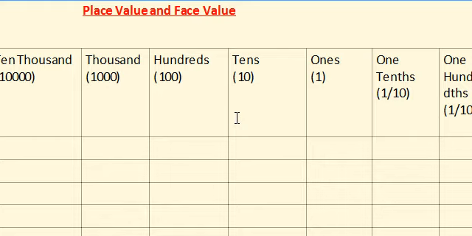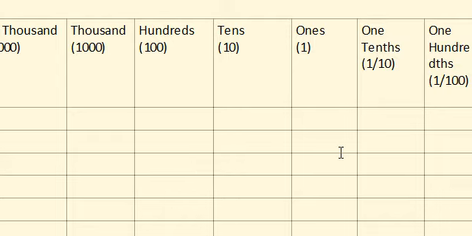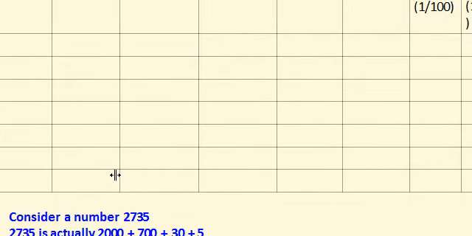Now we will be seeing a very fundamental topic about number theory, place value and face value. Here I've made a table. You can see generally when we count a big number, we count its ones, tens, hundreds, thousand, 10,000 and 100,000, then 1 million, 10 million. In the same way, on the other side we go to 1/10ths, 100ths, 1,000ths. Let us try to understand what actually do they mean.